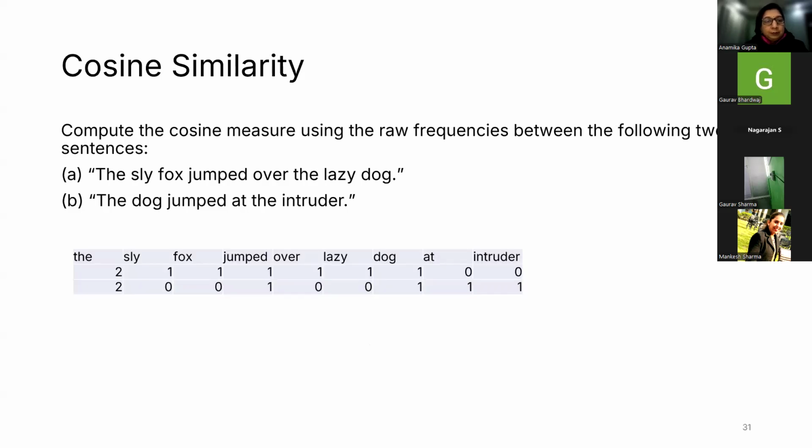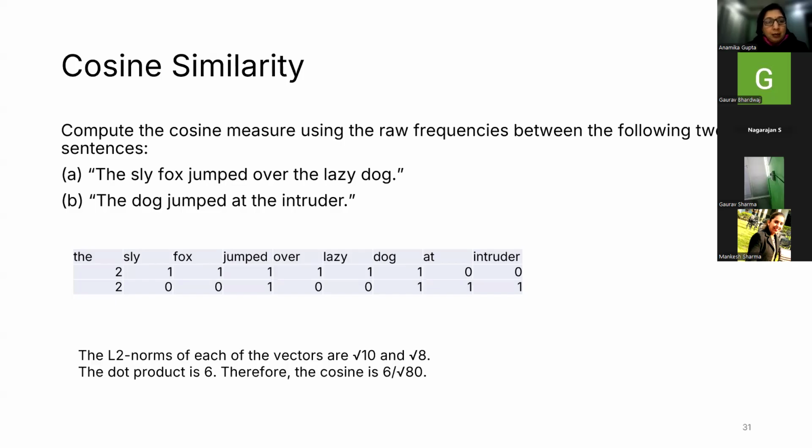So these are the two documents for which we want to find the cosine similarity. This is the table, this vector which has been created using the bag of words. So here we can see that the is repeated. So it has vocabulary 2, frequency 2, and then all the words have 1. Add and intruder are 0. Similarly, for the second sentence, this has been created. For the cosine similarity, it computes the dot product. That means it computes the product of these,